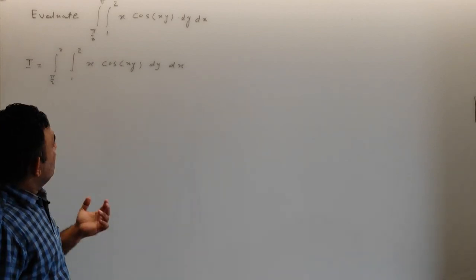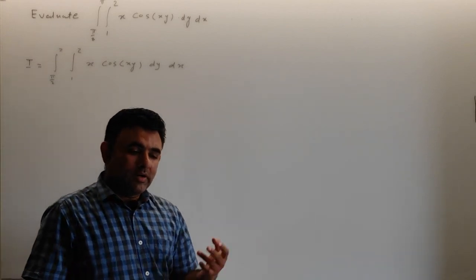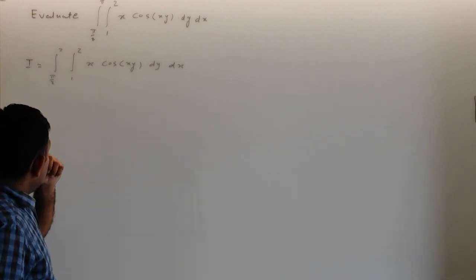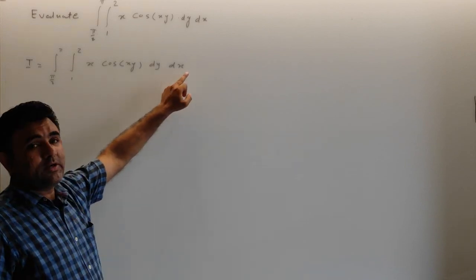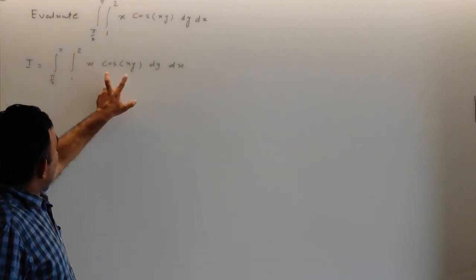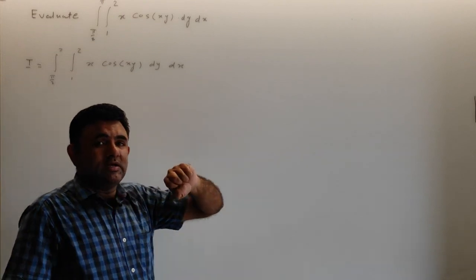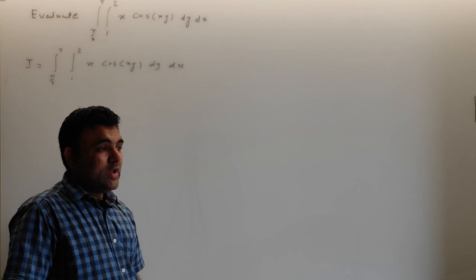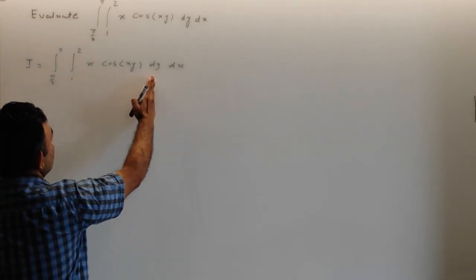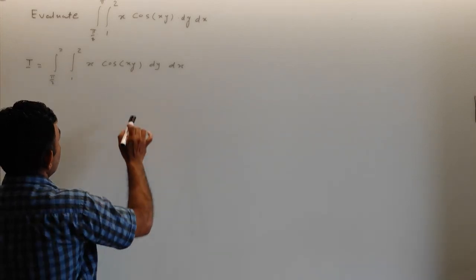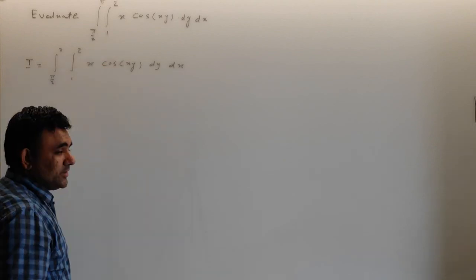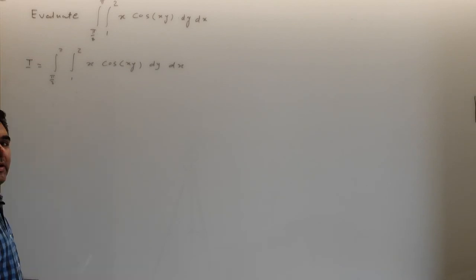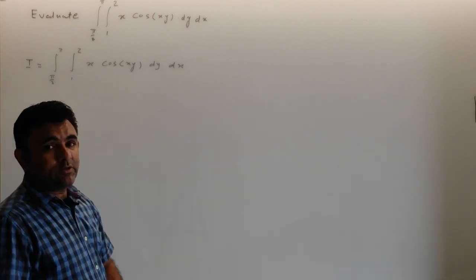We can integrate first with respect to y, or also first with respect to x. But if I integrate first with respect to x, then I have x and cos xy, and both functions contain x, so I would have to use the product rule. If I integrate first with respect to y, then x is constant with respect to y, so I can take it outside the integral sign, and it will be easy. So let us first integrate with respect to y.